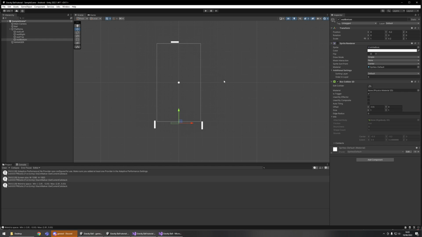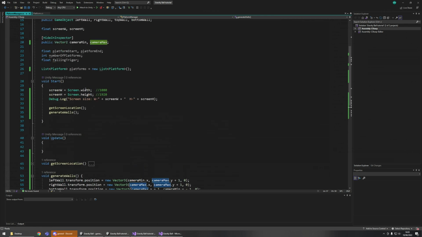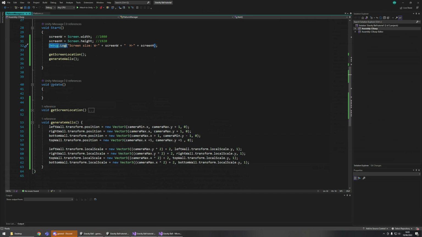I think this is not a basic beginner's tutorial explaining what local scale is, what position or local position is, or C# things, or how we can use the debug log. I'm expecting the viewer